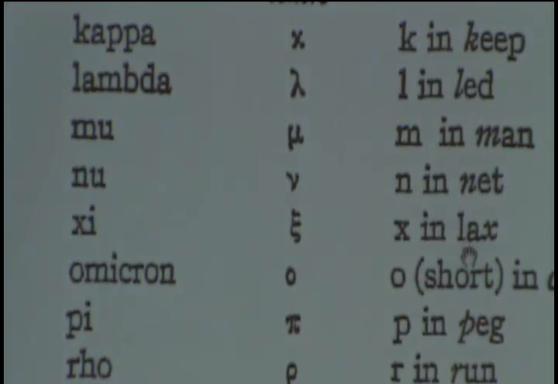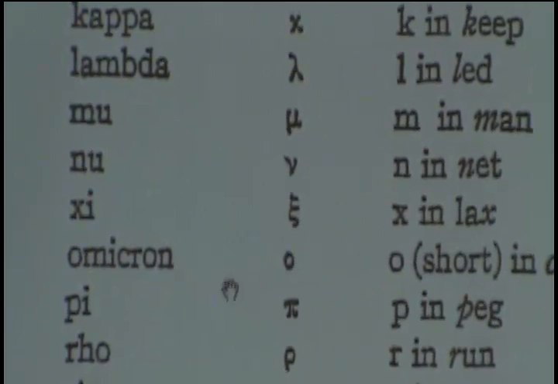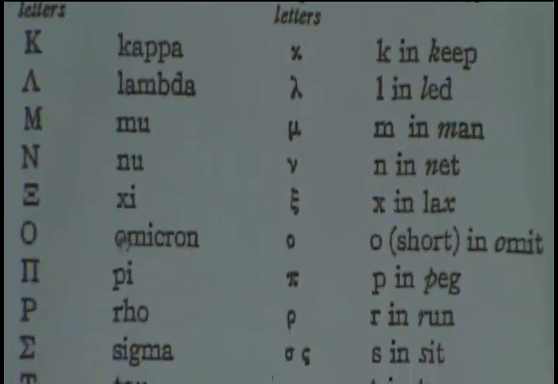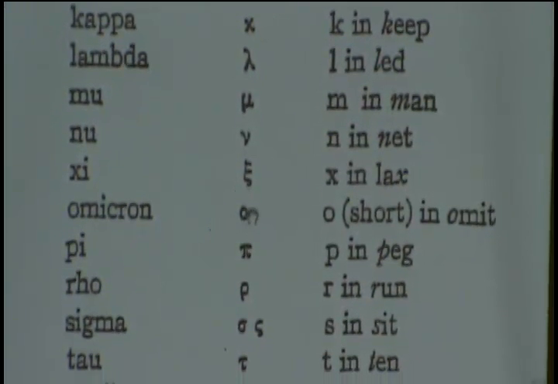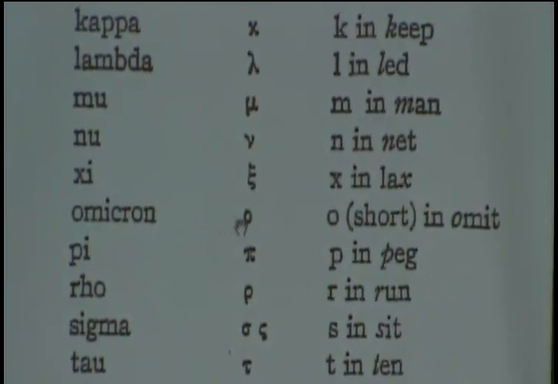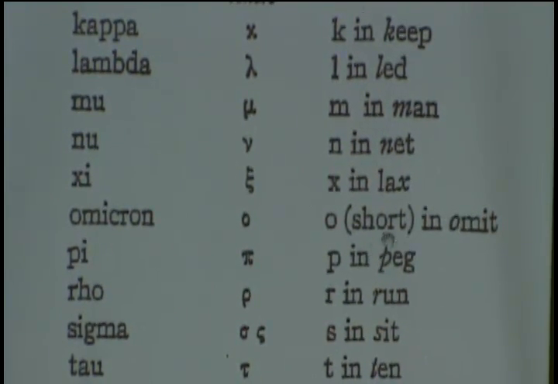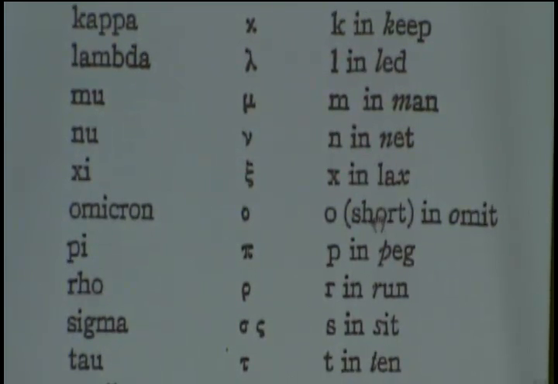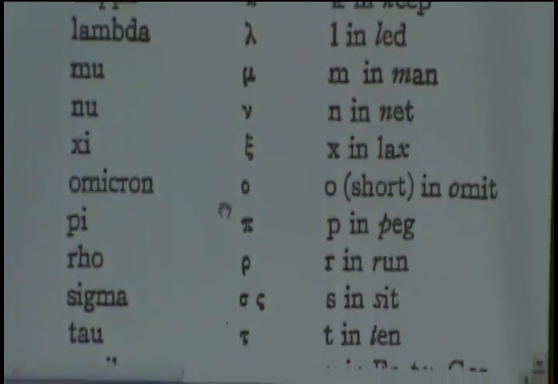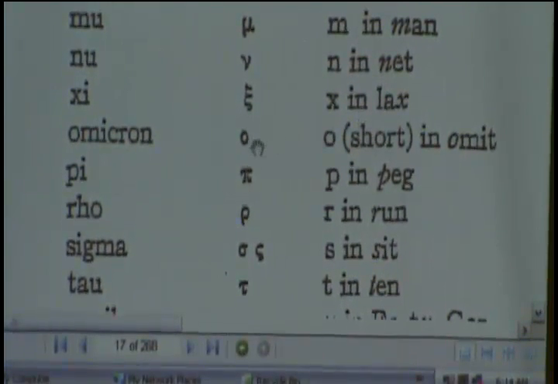And then we go to O, which is Omicron. Omicron is small, a small letter, short O, like in omit. Short O. It's not "omit," but a short O, really like in "short." This is not exactly what it is, but it's usually